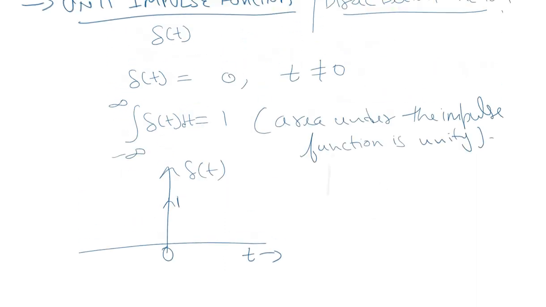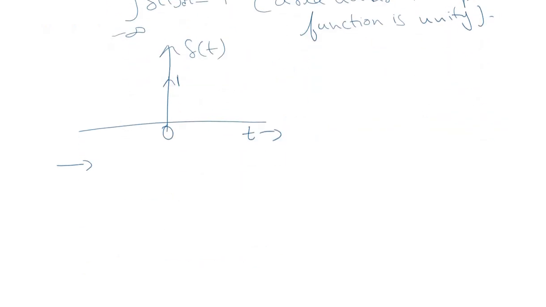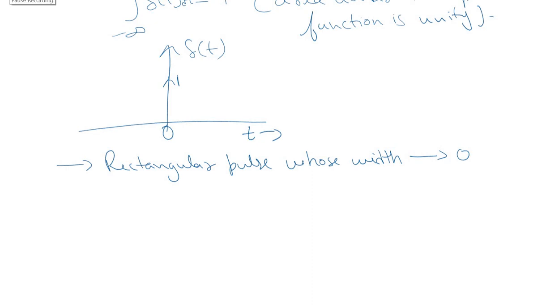See this unit impulse function delta t. It is usually regarded as a rectangular pulse with a width that is approaching 0. It is nothing but a rectangular pulse whose width is approaching 0. You can easily approximate a rectangular pulse into an impulse function by assuming its width approaching 0,